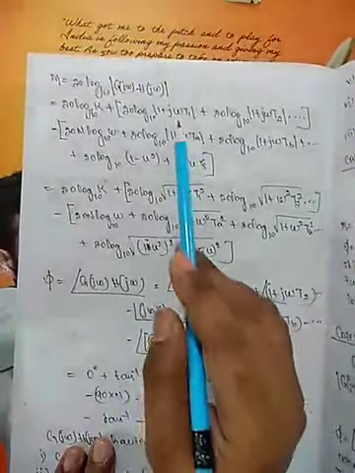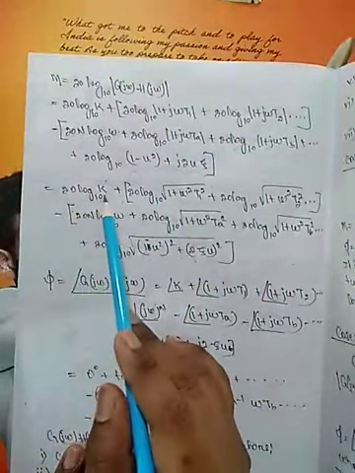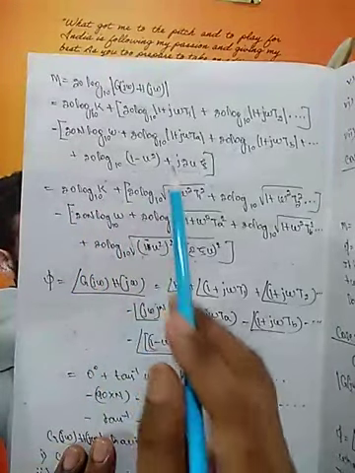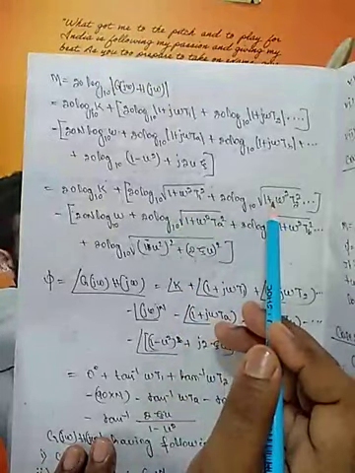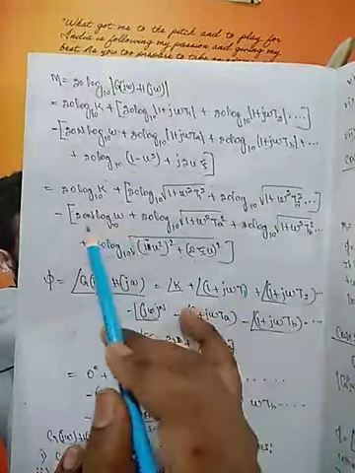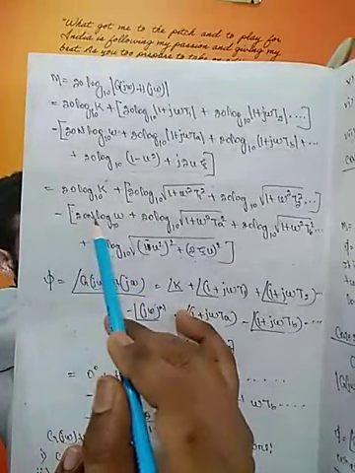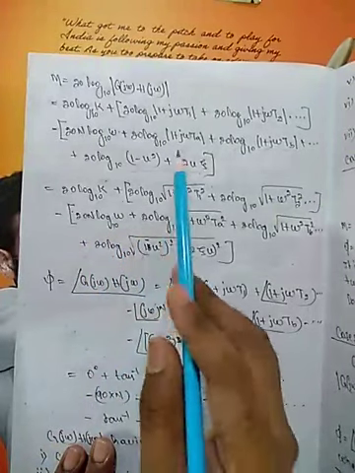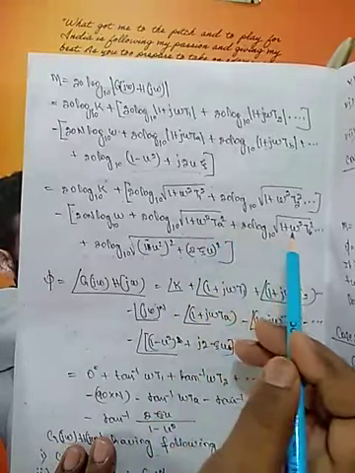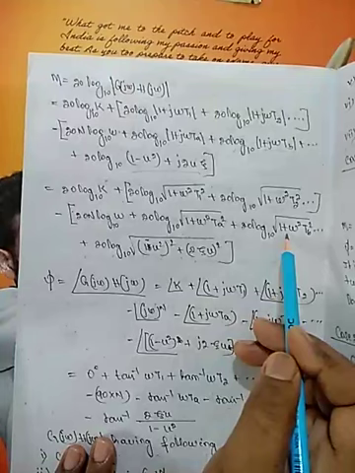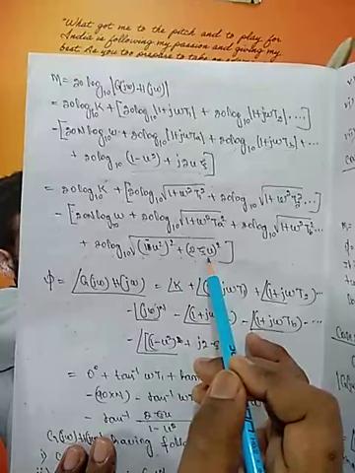Now we write the magnitude on the next step. 20 log of K plus 20 log, its magnitude is square root of 1 plus omega square T1 square. Similarly for the next simple zero. Then for the denominator part minus, keep in bracket 20 n log omega, 20 log for this factor 1 plus omega square Ta square. Similarly for the next simple pole, and this is for a pair of complex conjugate poles.